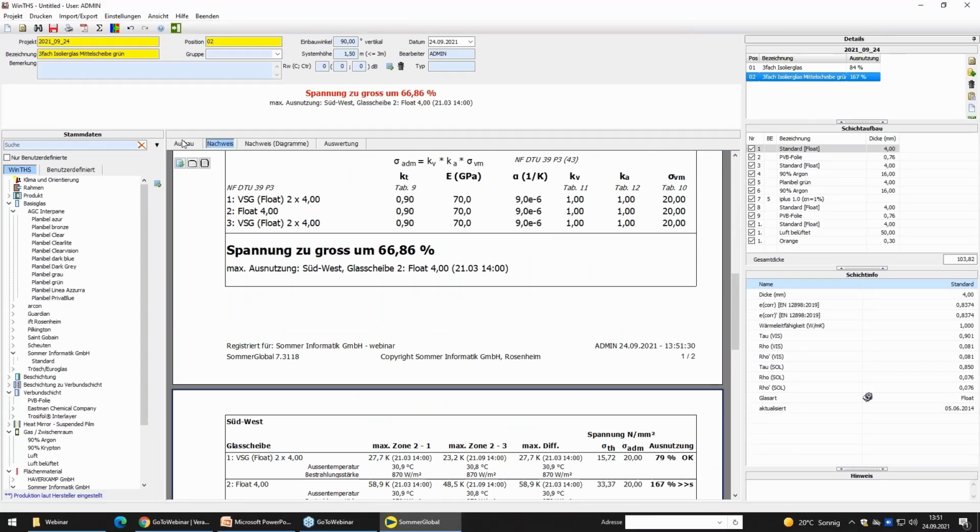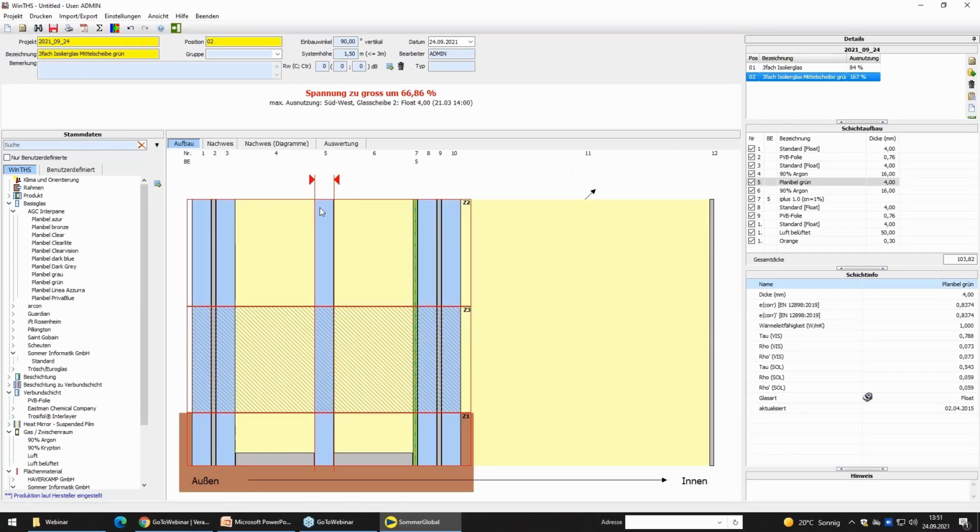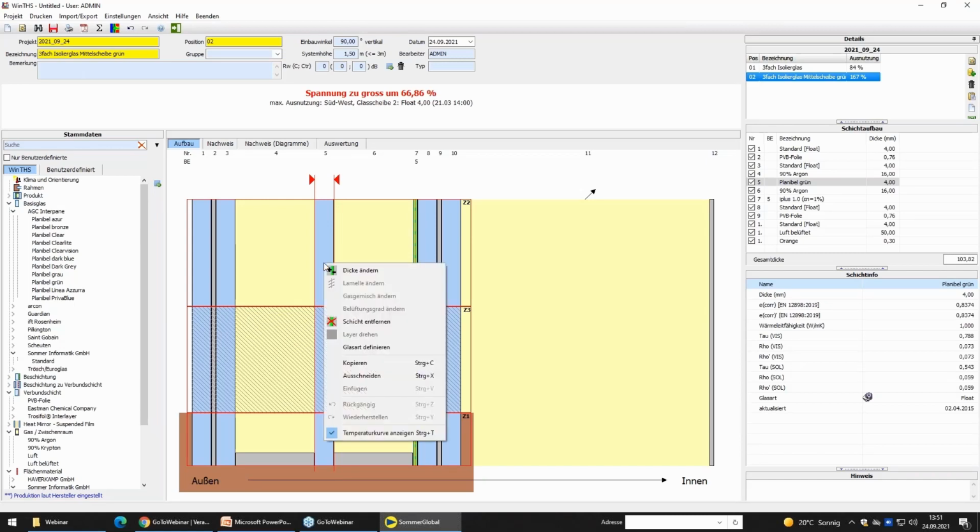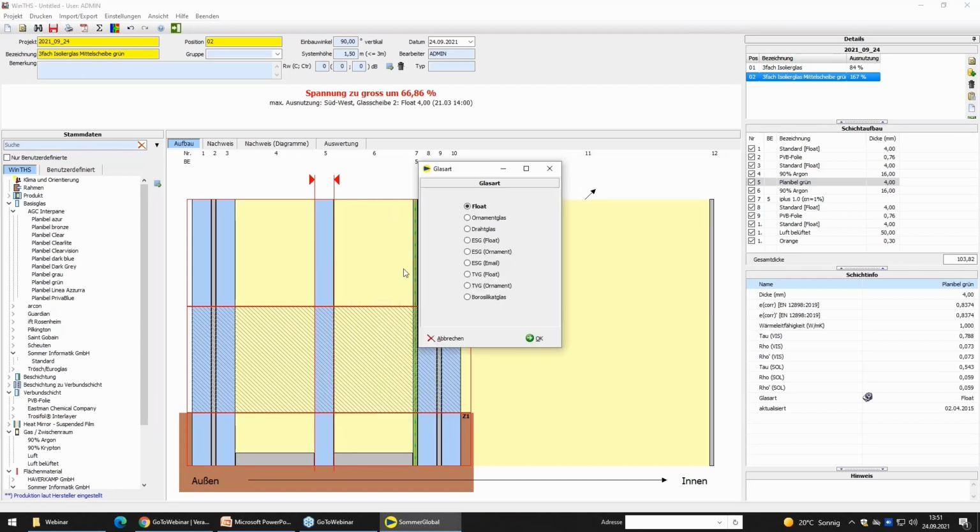We could simply do the following here. We can also change the glass types again. I'll just do that here. I'll click with the right mouse button on this glass pane. Here I can define a different type of glass. For example, if we select a fully tempered glass float,